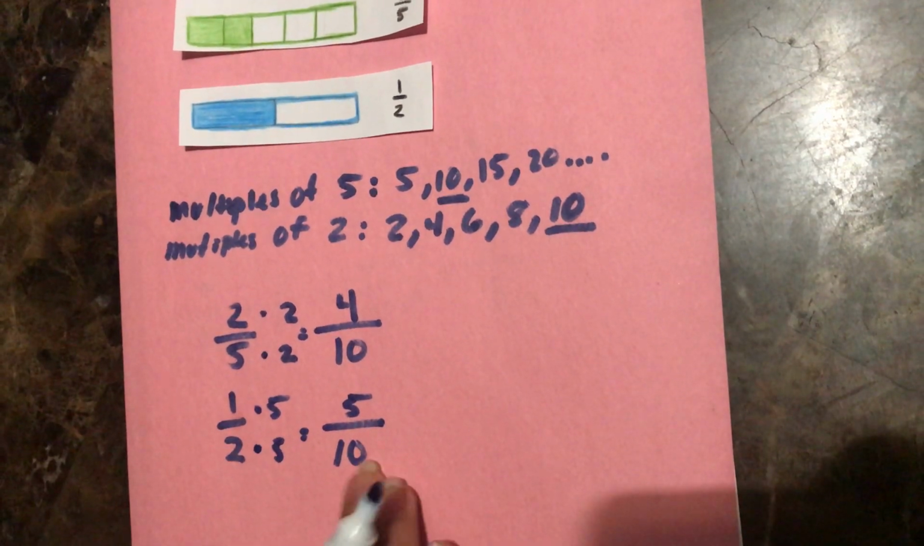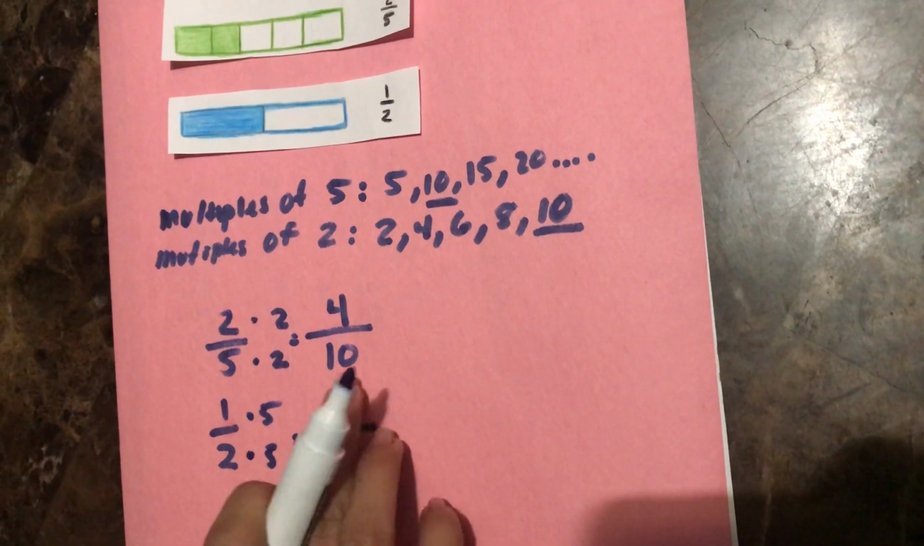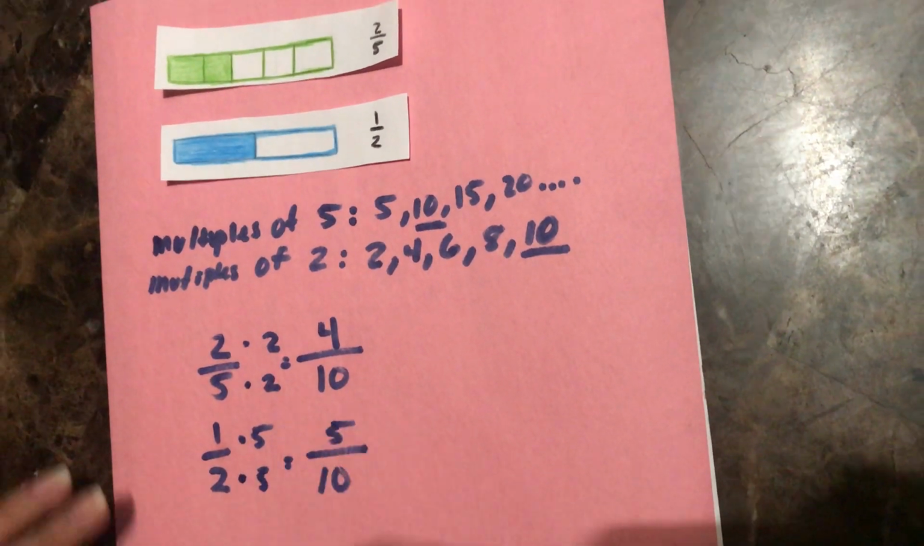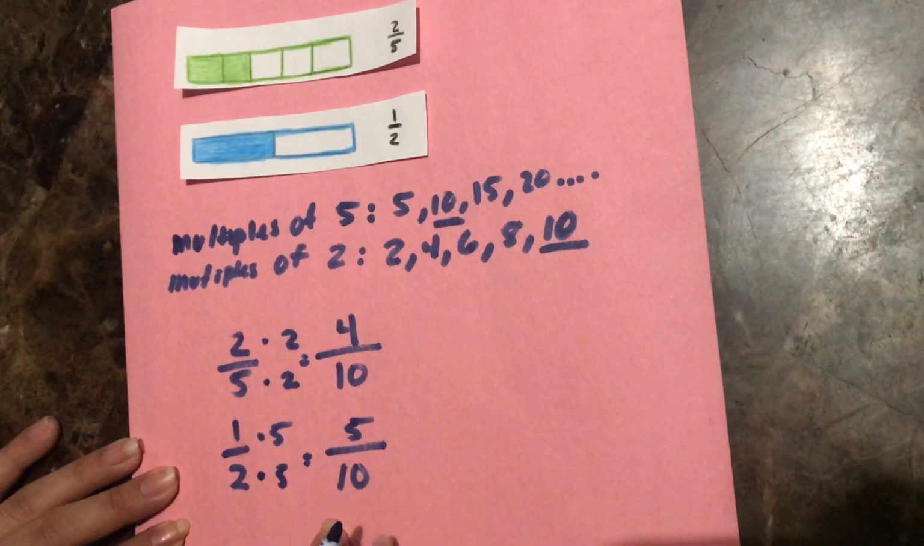Okay, so once we have the fractions rewritten with the same denominator, you can combine them together. We can combine them now when we do the addition or subtraction. And in this case, it was